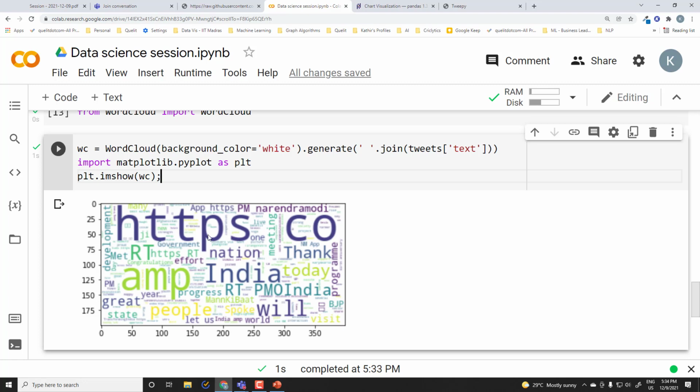And of course when we clean the data, we can get rid of words like HTTPS, Go, AMP and all, and then we can visualize the remaining words which are very useful. So these are the kind of words which are very frequently used in this particular Twitter data.